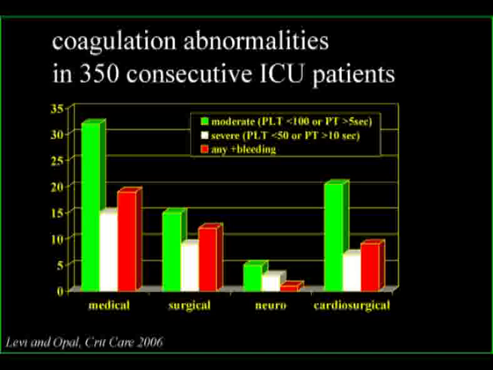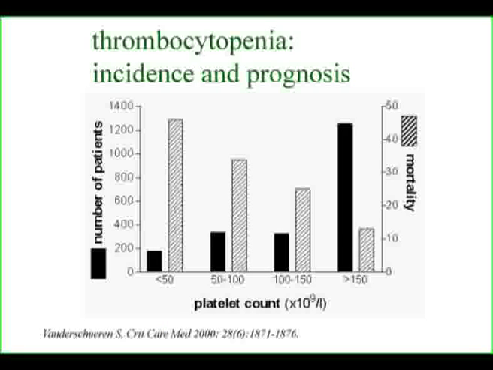We have accepted that patients on the intensive care unit do have low platelet counts and sometimes do have a prolonged prothrombin time. But the most important message from this talk is that you never should take this for granted, because, in the first place, it may be an indicator of an underlying disease that needs specific treatment that is different from the treatment that you give to the patient at a certain point in time. And secondly, there is also quite some relevance in these abnormalities. They are not epiphenomena, but they do have something to tell you, and sometimes they may even predict